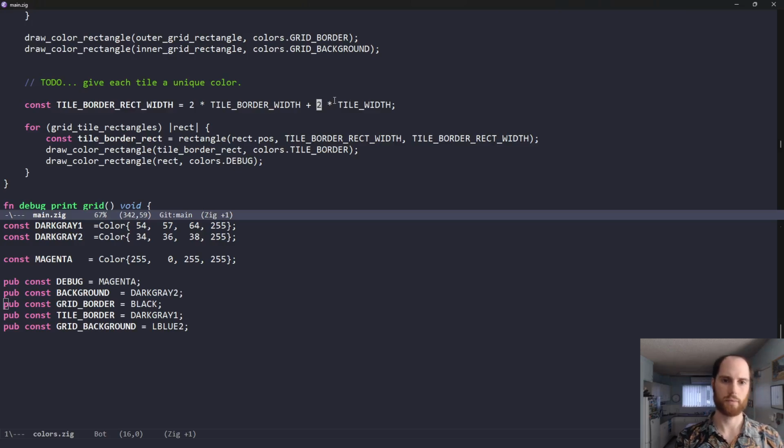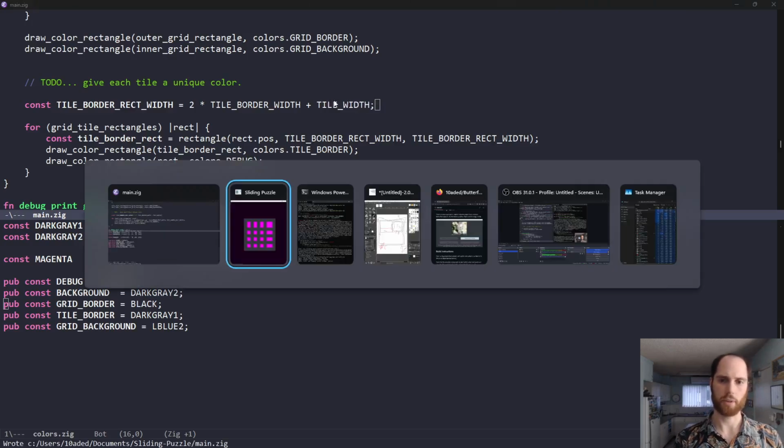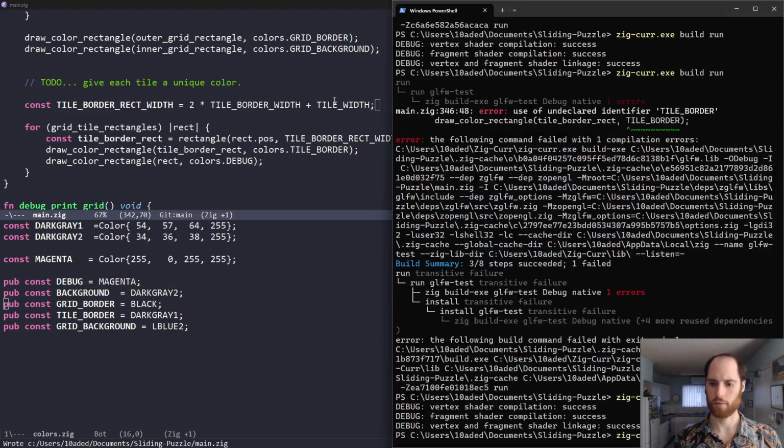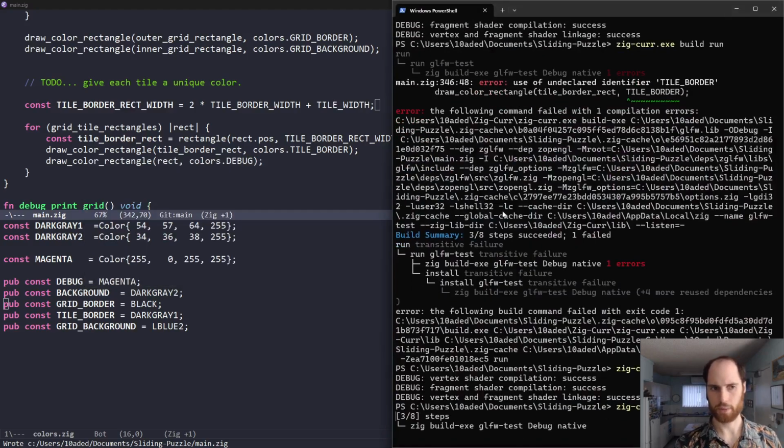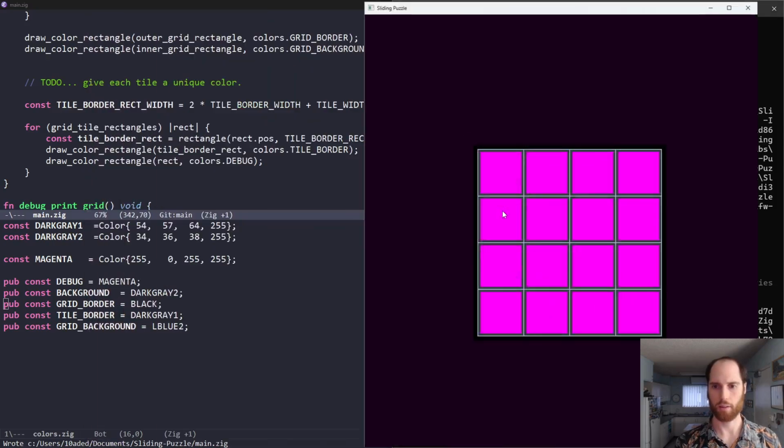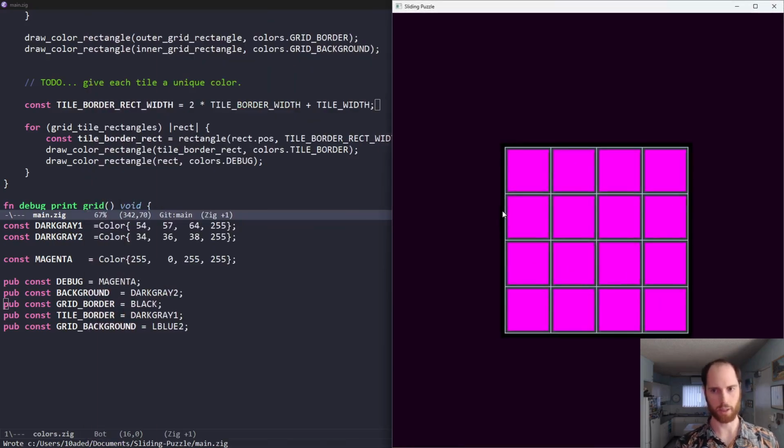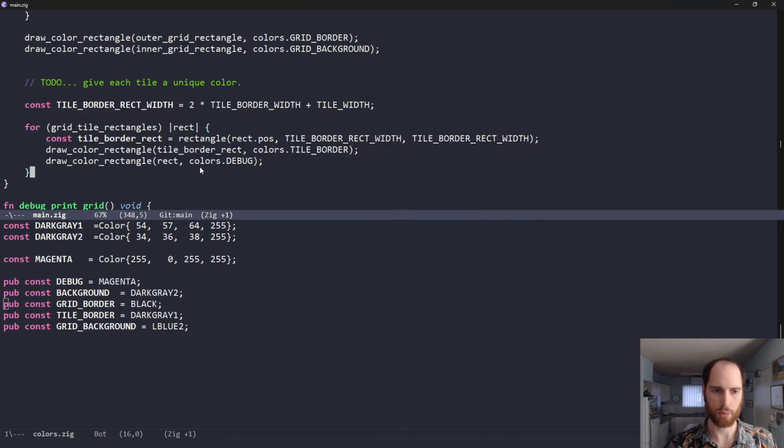Oh. We shouldn't be multiplying the tile width by 2. Clearly. Okay, this is much better. This is what I wanted. Okay, so now we can. Okay, it's kind of difficult to see the black tile border, so